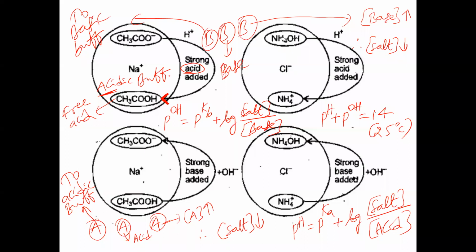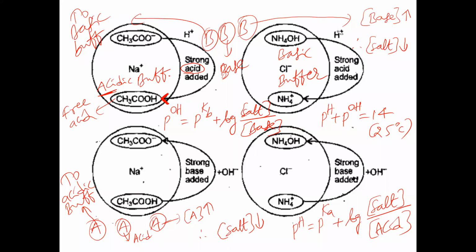In this case, the combination of weak base and its salt is called a basic buffer. So it is an example of a basic buffer. To this basic buffer, what is added? Check it here. Strong acid is added. When strong acid is added to a basic buffer, the H plus ions come from the strong acid. Will they interact with NH4 plus? H plus is a positive species and NH4 plus is also a positive species. Positive will not attract, so they will repel each other. So H plus cannot combine with NH4 plus here.